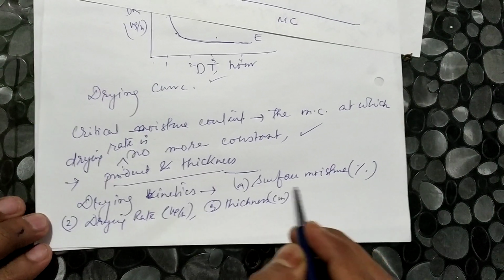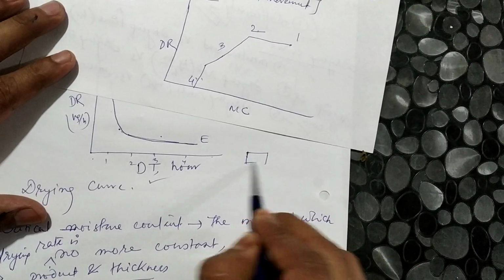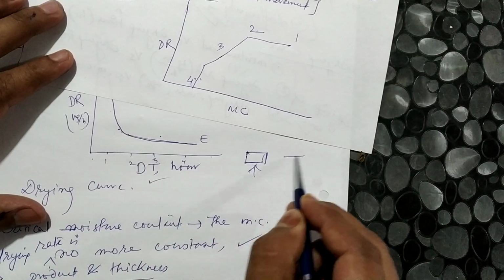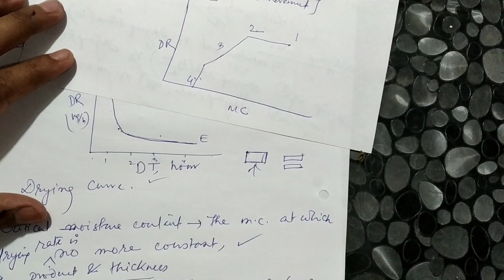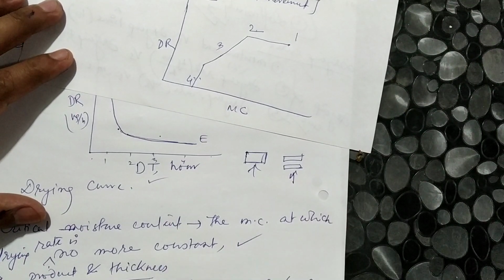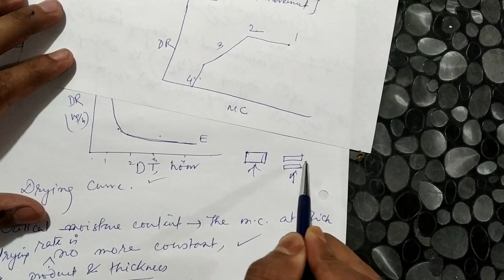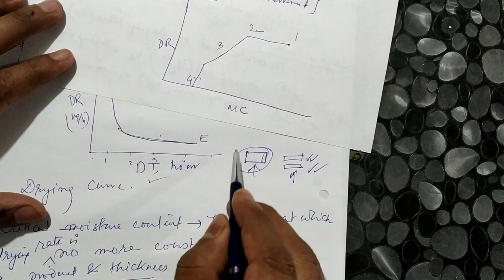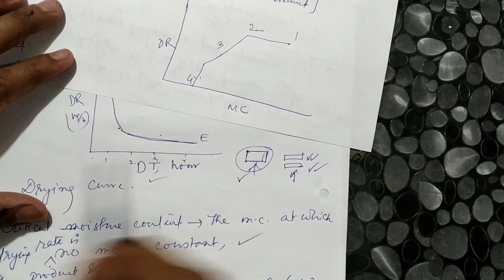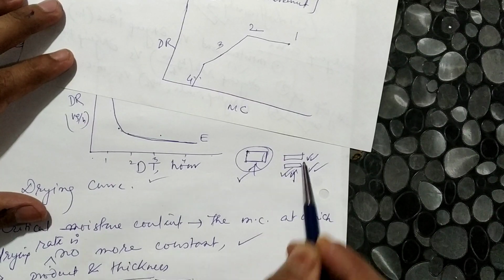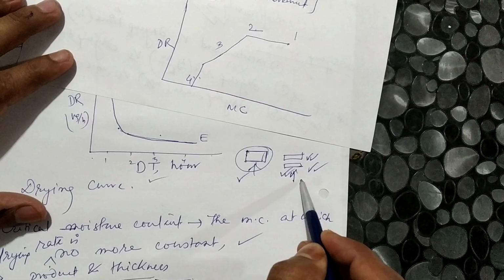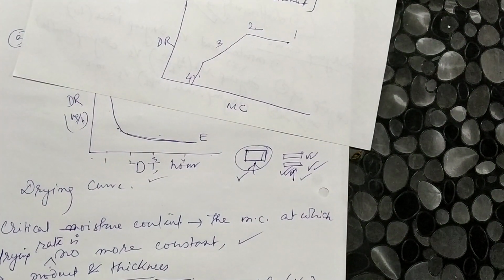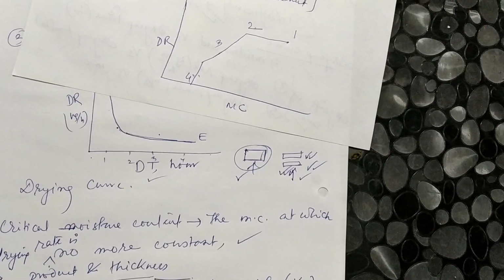See here, if this is a crop, if the whole crop is being dried and you make it of different thickness, obviously there will be different drying behavior. If the thickness is less, drying will be faster or uniform. If the whole sample is there, drying will be irregular and will not behave like the small thickness of the grains. Okay, thickness is very important here. So if you change the thickness, there will be different drying behavior.